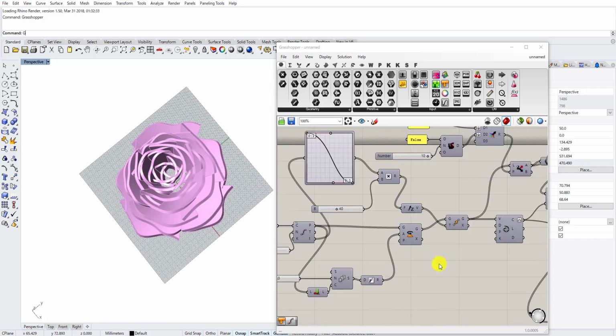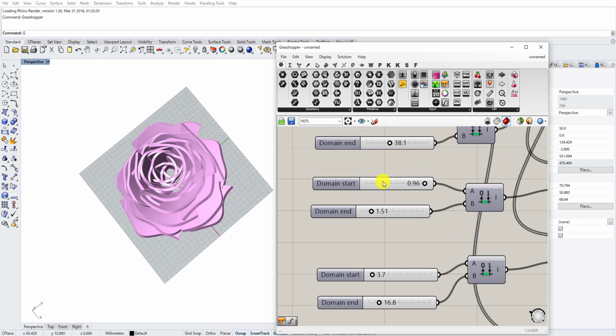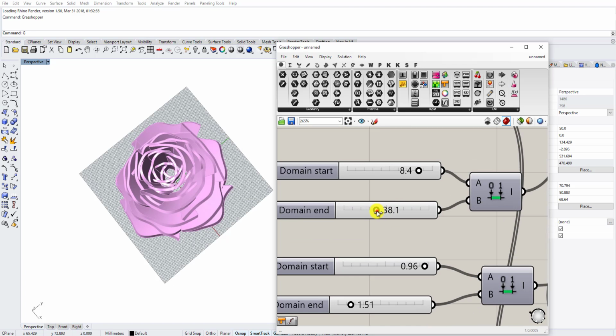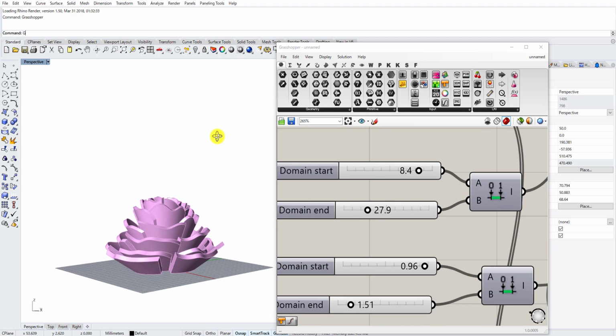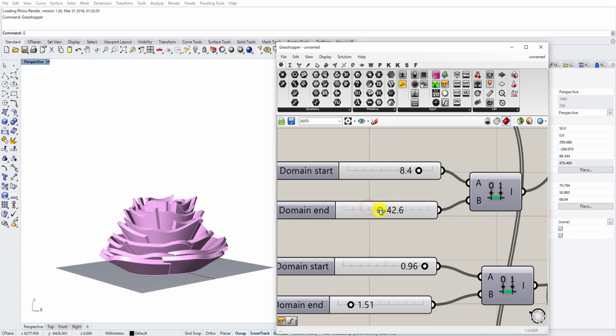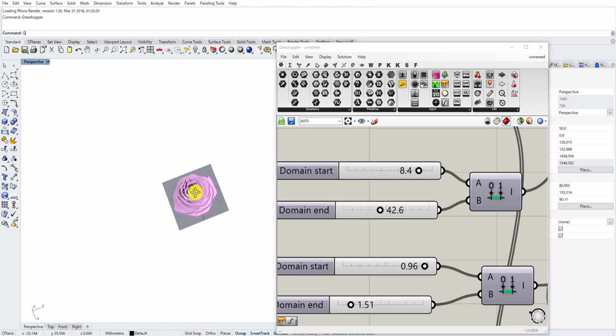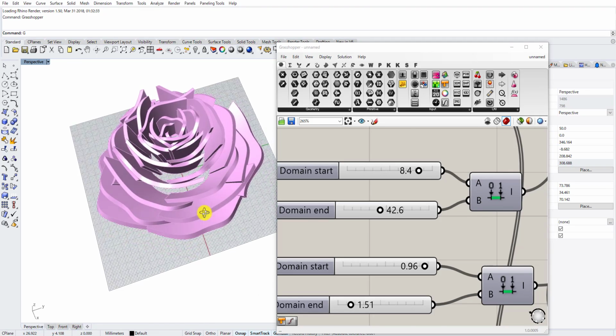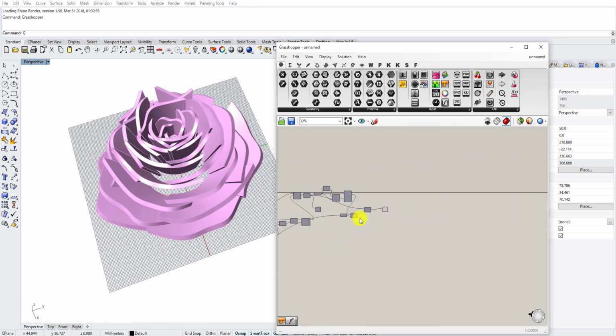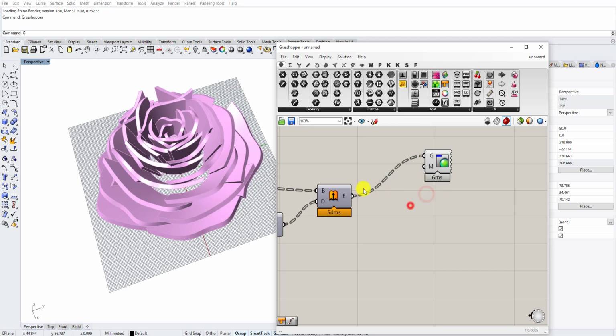So it really depends what parameter you choose to make it as realistic as possible or as fantastic as possible. Okay. Now this is pretty much it for one rose, but